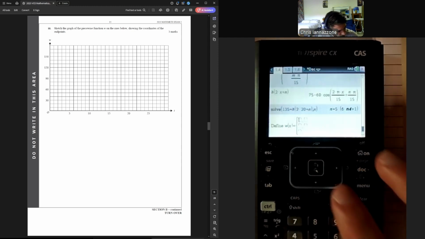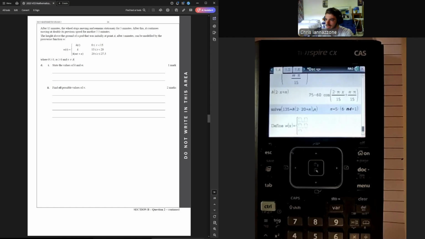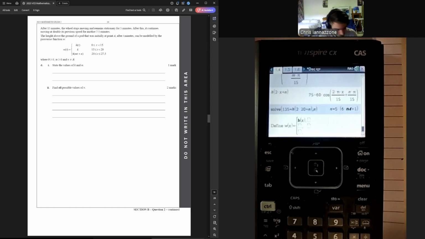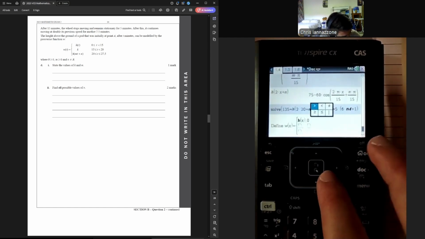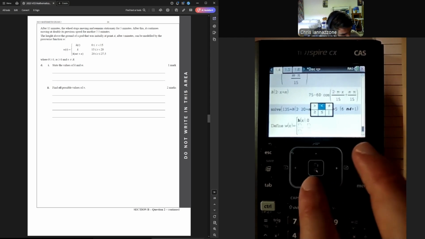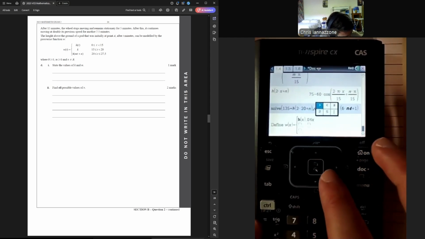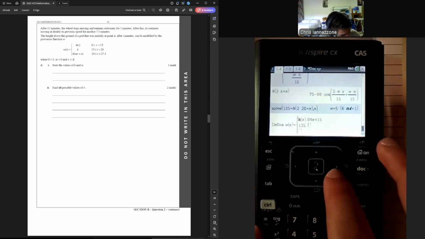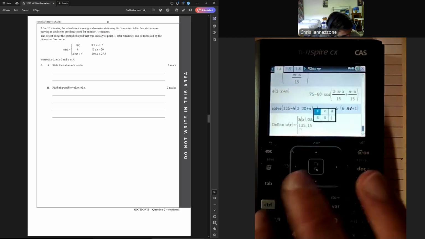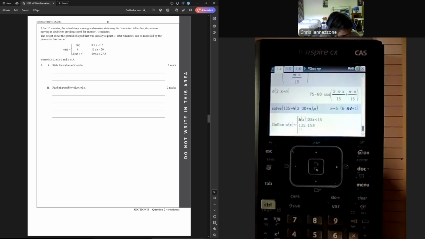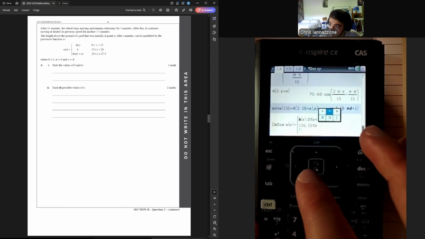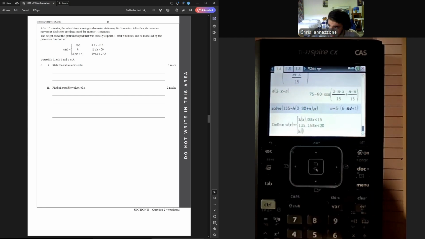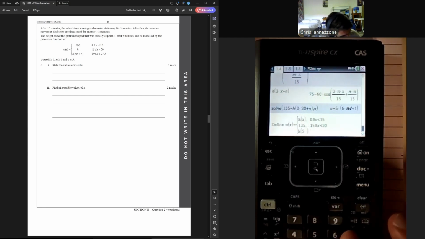Now, we know there's 3 pieces to that piecewise, and so what we're going to do is plug in exactly what we see here. The first thing is going to be h, and that's going to be from 0 to 15. So 0 less than or equal to x less than 15. Then we're going to have k, which we know was 135, which is from 15 less than or equal to x less than 20. And then finally, you're going to have h of bracket, so m was 2, so 2 times t